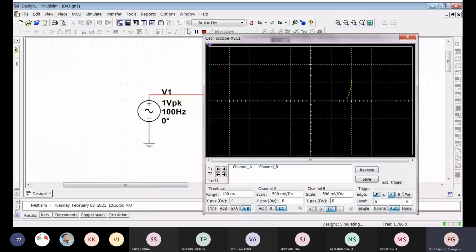So what is going on here? By looking at the orientation of the ellipse, you can tell whether the phase shift is below 90 degrees or above 90 degrees. Now how to calculate the phase shift using this Lissajous pattern? This is what we are going to use extensively in one or two practical sessions. That is the reason why I'm concentrating on this. Please be attentive.